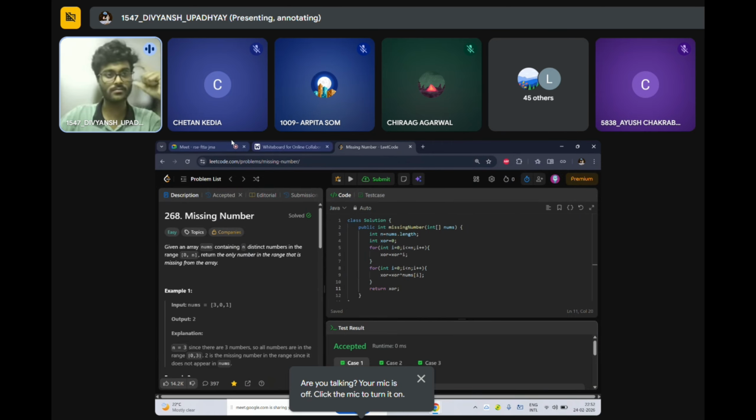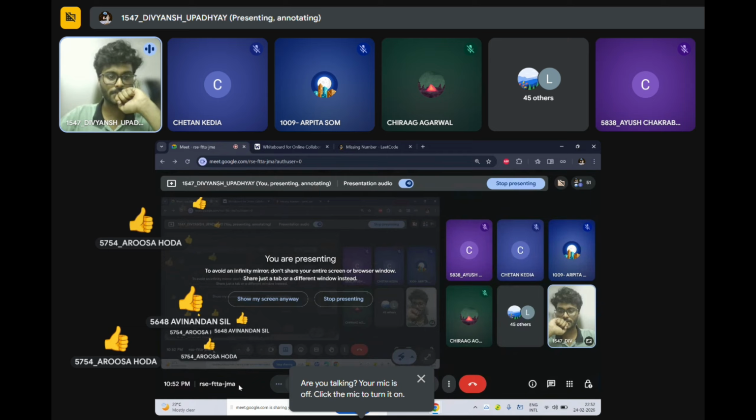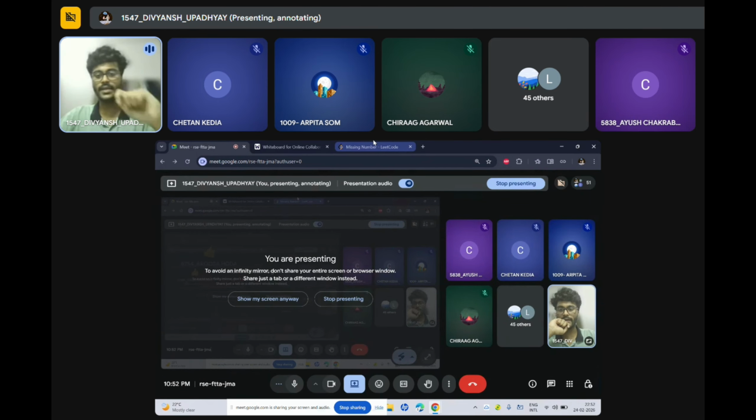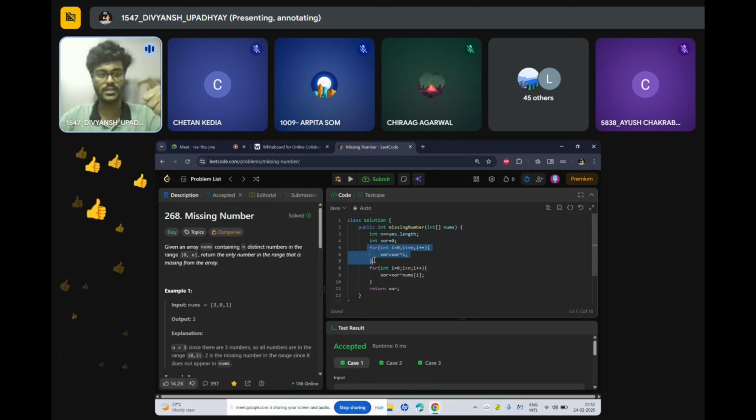Cool, it accepted. I hope it is clear. Thumbs up. Okay. Now I can see I use 2 for loops, but I can even concise it into a single loop. How? Simply, you can see, if I simply add i over here,